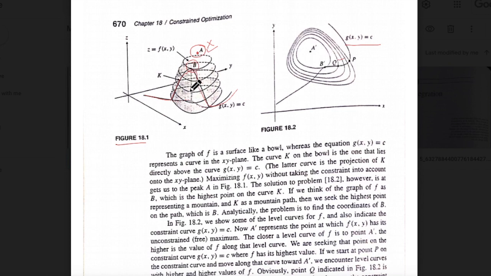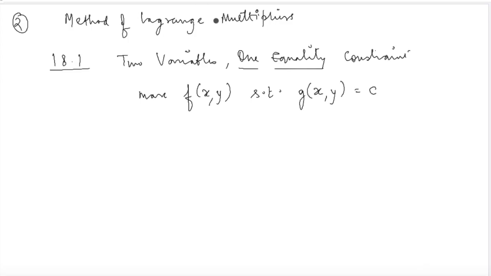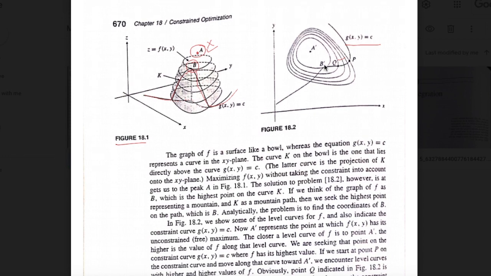हमको ऐसे x and y coordinates find करने हैं जहाँ पे B value satisfy होती है, such that we can reach the functional value B. So if we want to solve this problem of constraint optimization, we need to find those x, y values such that we can reach point B. Now if you look at this point B here, अगर हम इसकी कोई algebraic condition सेटअप करने की कोशिश करें, then you will notice that at point B, the slope of the level curve, the slope of this level curve is exactly equal to the slope of this curve K. At point B, the slope of curve K is exactly equal to the slope of the level curve at point B.